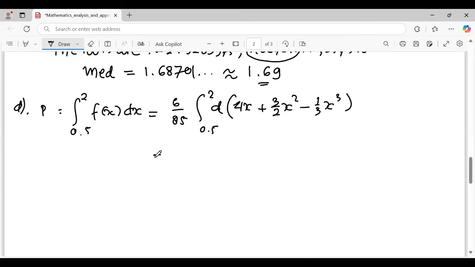If you calculate this, substituting 2 and 0.5, it becomes 8 plus 4 times 3, 12, 6, minus 1 over 3 times 8, that is 8 over 3,